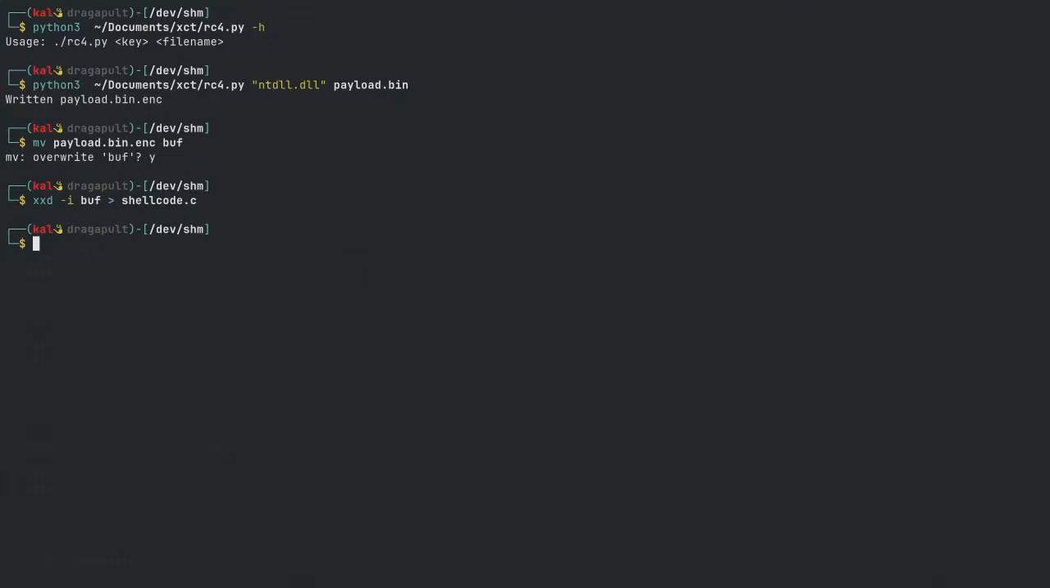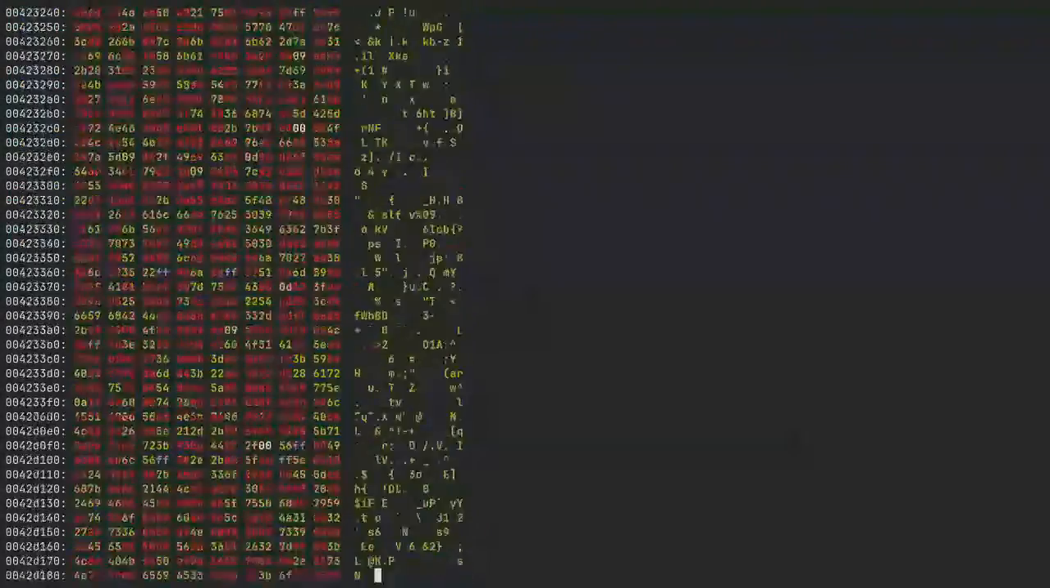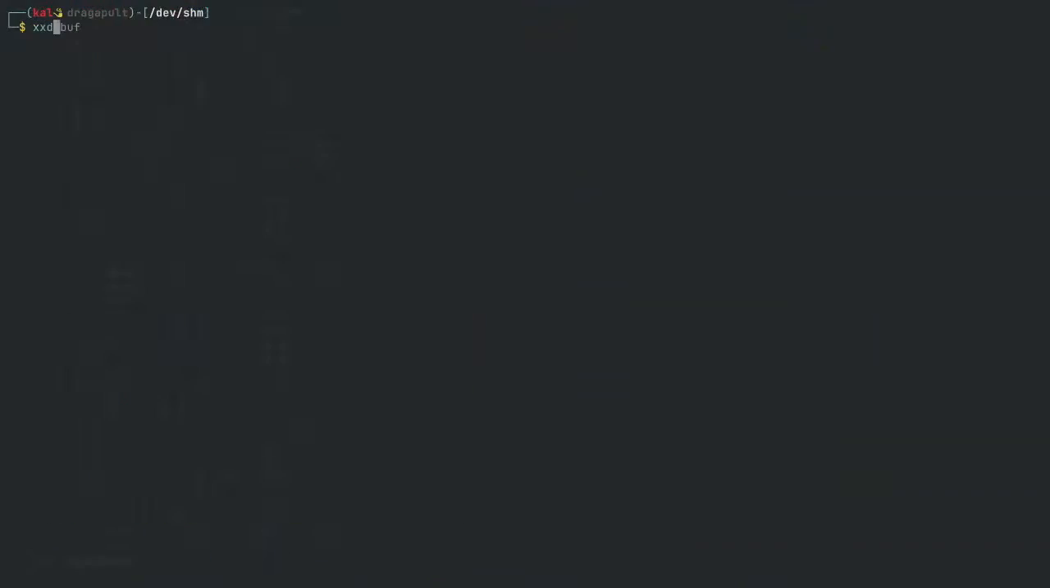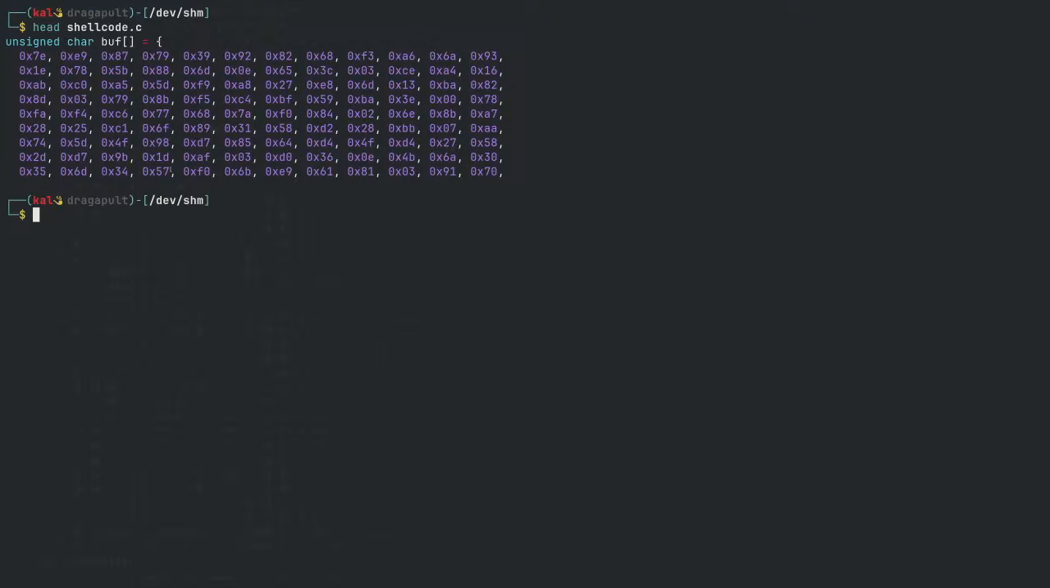So watch. If we do regular xxd on buff, let's just do it like this. You can see it's massive. It's just a bunch of code. It means nothing. But if we do, not xxd, sorry, if we do just a head on the shellcode.c file like this, you can see it's in a format that we can actually use in our C code. Unsigned char buff array, it looks like this. And if we do a tail